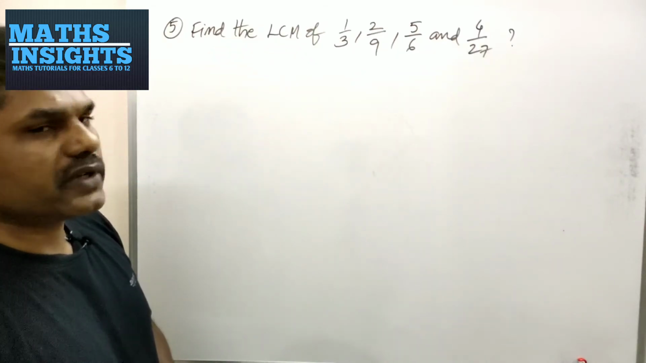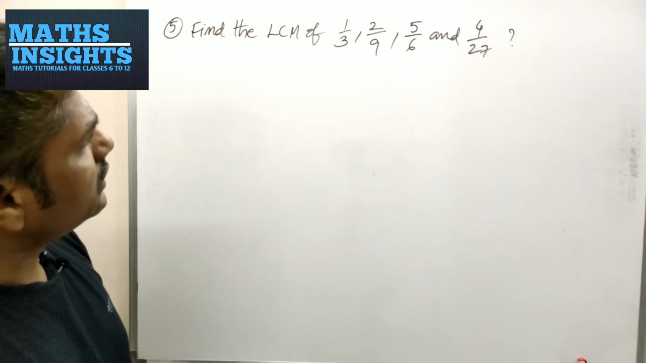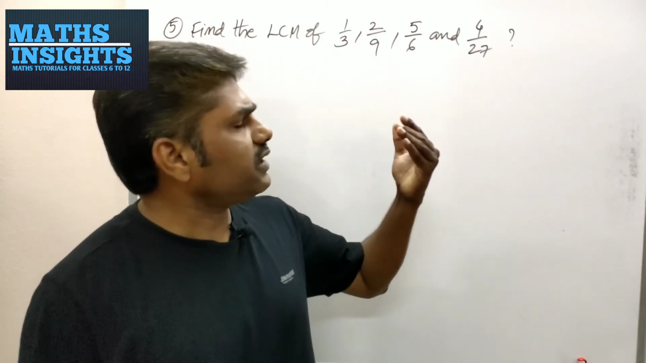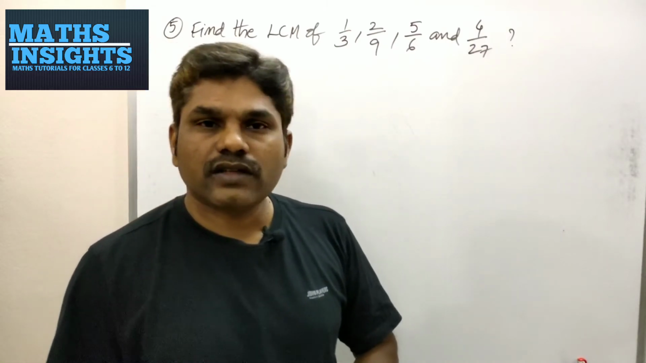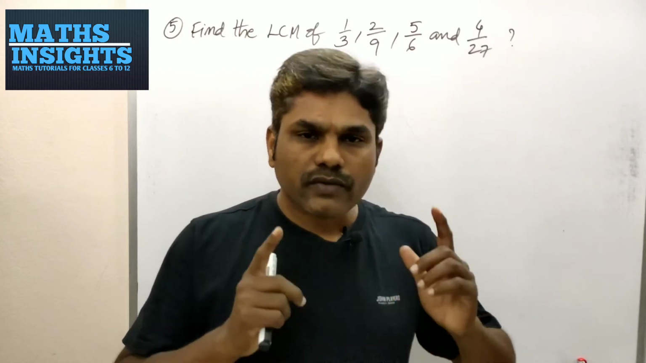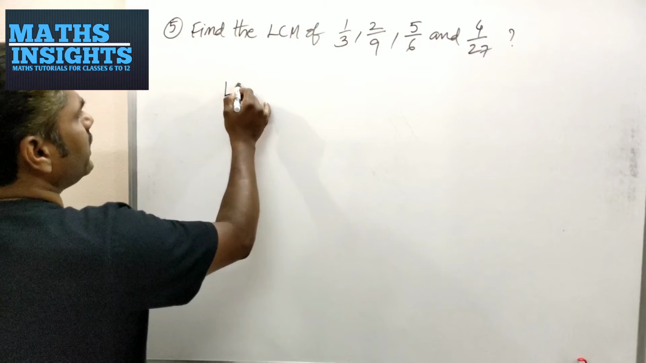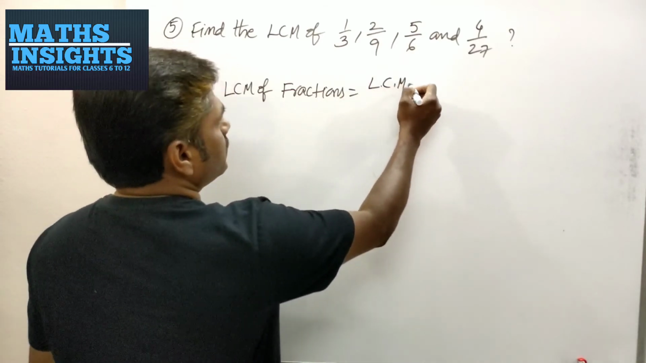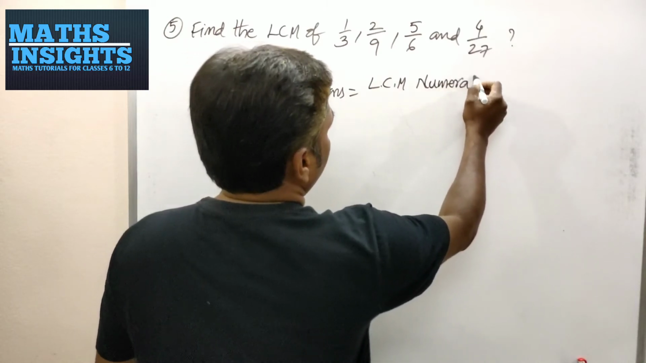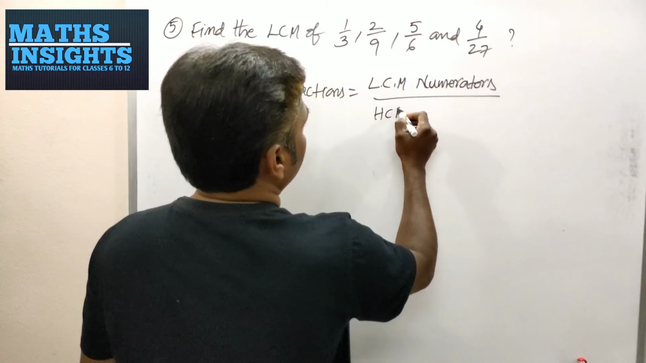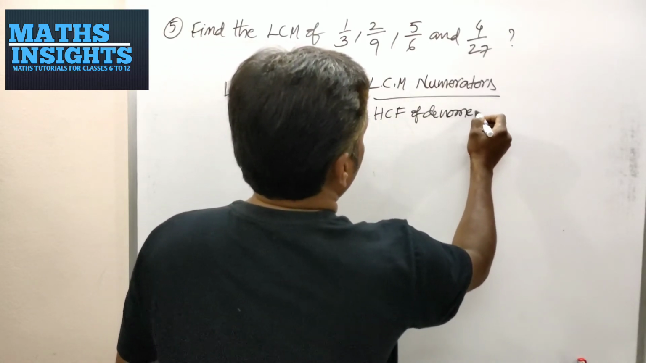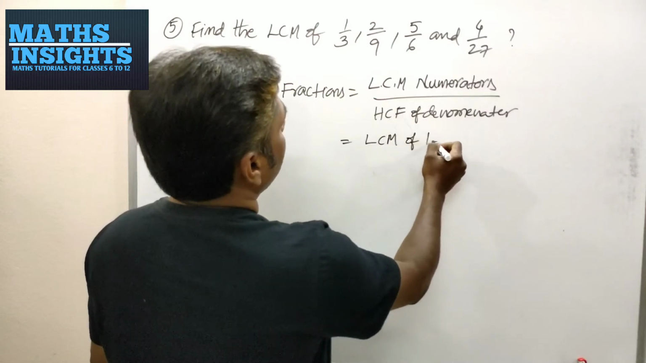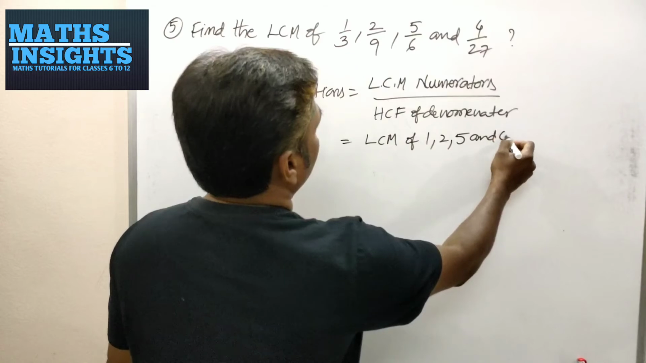Find the LCM of 1 by 3, 2 by 9, 5 by 6 and 4 by 27. These are fractions. So far we solved problems with numbers, but here I am taking the problem of finding the LCM of fractions. I clearly explained how to find the LCM of fractions. Very simple. LCM of fractions is equal to LCM of numerators by HCF of denominators. So you have to find the LCM of 1, 2, 5 and 4,